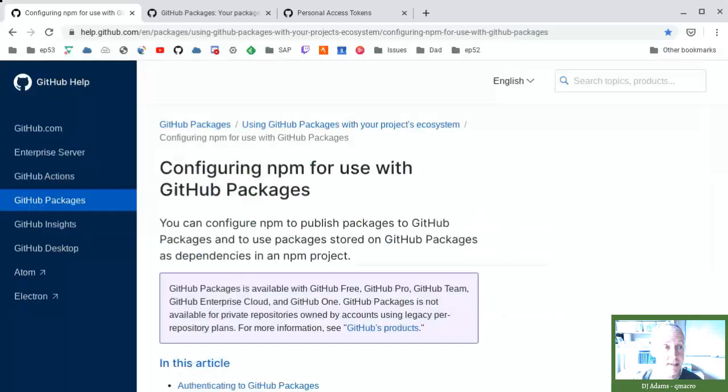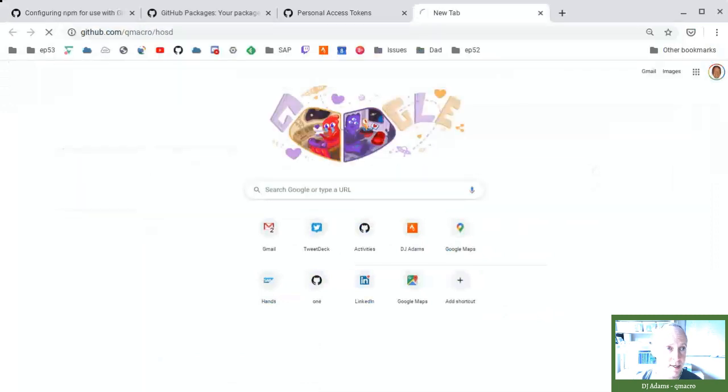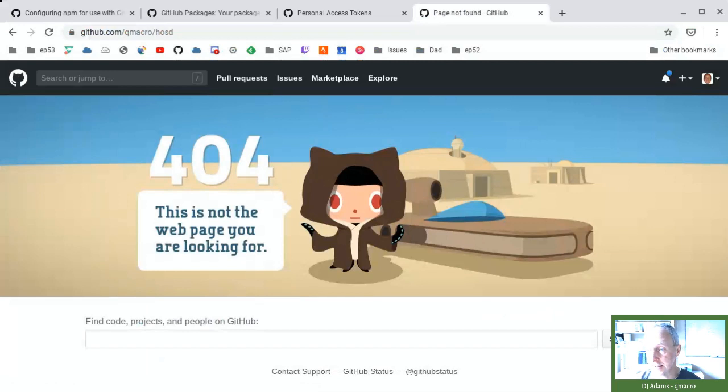doesn't yet exist. github.com Q macro HOSD. I hope it doesn't exist. No, it doesn't exist. Okay, so hey, Napit, welcome. That's no problem, you're late. We're just about to create a new repo. And in fact,